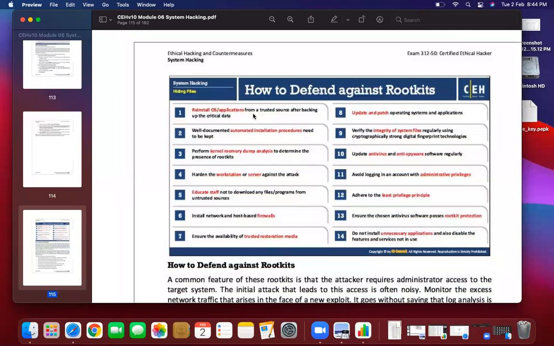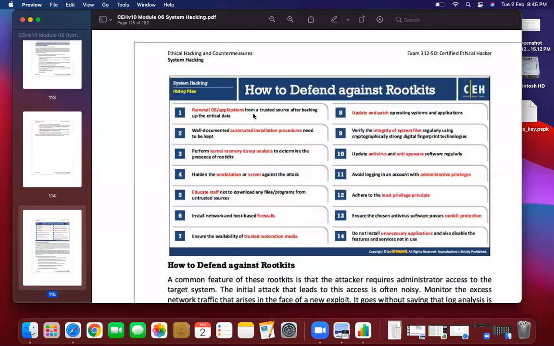The first point, reinstalling the operating system or applications after backing up the critical data. So I know many of you must have used the OS reinstallation step, but I think whenever you reinstall the OS, you try to keep the old data somewhere in the hard disk or pen drive, and then you use the same old data and pen drive for reinstalling the whole thing.